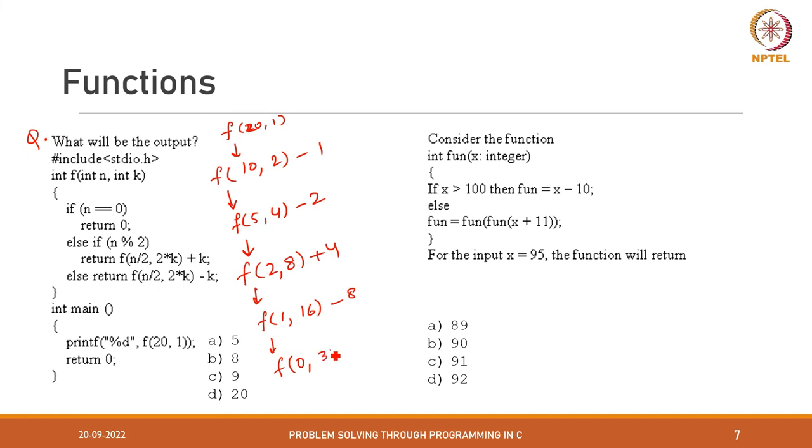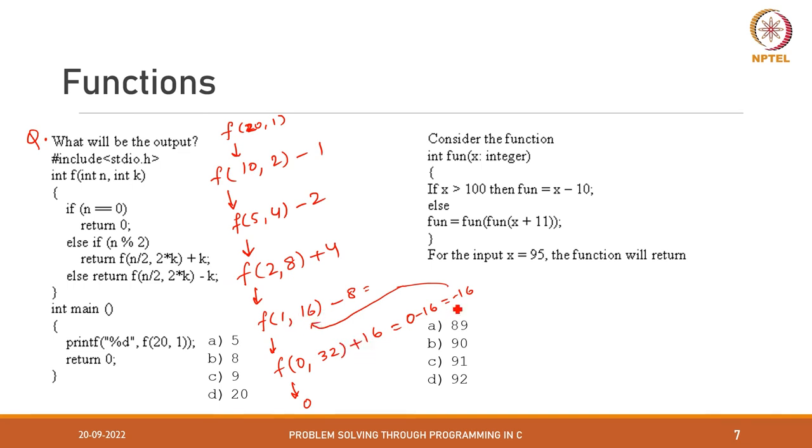Okay. Now what happens here? F of 0 comma 32, n is 0, so it will simply return 0. So this returns 0. Because this returns 0, 0 minus 16 is minus 16, and this gets returned here. This is the value of this. So okay, wait. I think I made a mistake here. This is passed as a, this will be plus, right? Yeah,